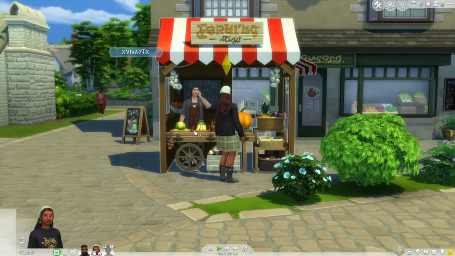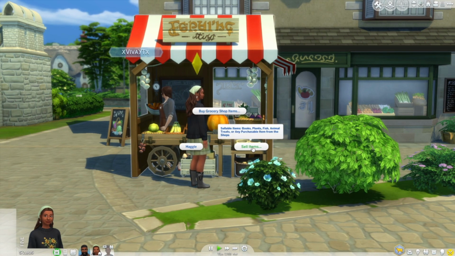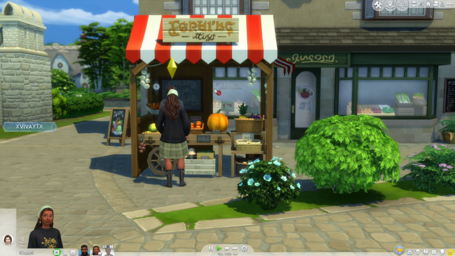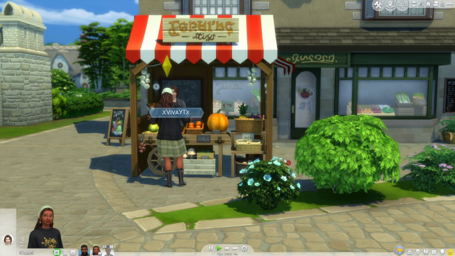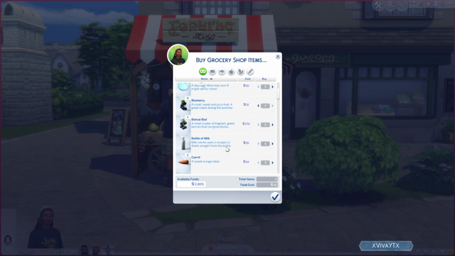Okay, so another way to obtain groceries is to go to Finchwick in the little village market area, and there is this grocery shop stall where you can buy groceries. You could sell items there that you grow in your own garden or farm, and you can also haggle as well. So you can see this pop-up screen, and they have a lot of ingredients that you could use or need for cooking. So they have your fruits, your vegetables, fish, they have eggs, they have milk, and